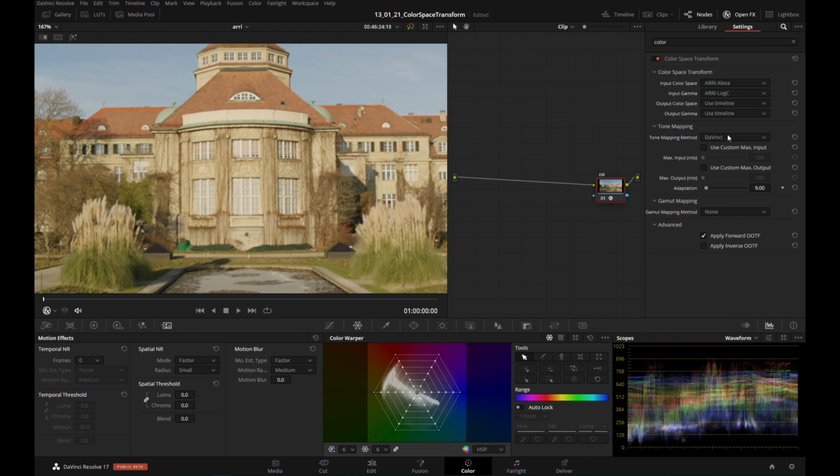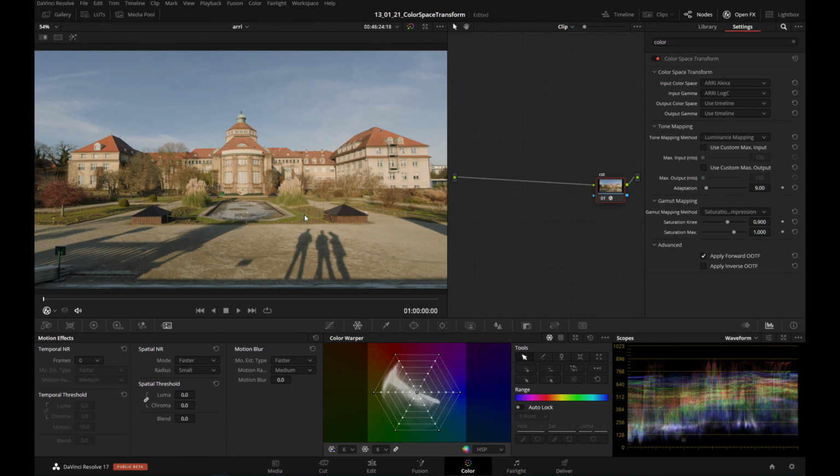In this case, instead, since we can tell DaVinci how to map the tone, and we can say, okay, use the luminance mapping, so the luminance metadata in the video to map the tone, then DaVinci knows where more or less the green cast should be, and based on the luminance, it's taking care of that for us. And you can see the image looks quite a bit better already. There's just one thing that we can add then, which is the gamut mapping. We can choose saturation compression. This is doing very minimal changes, but it's just to control saturation,